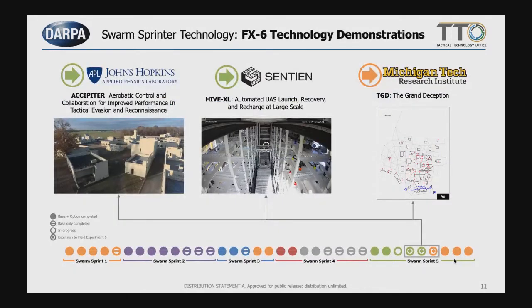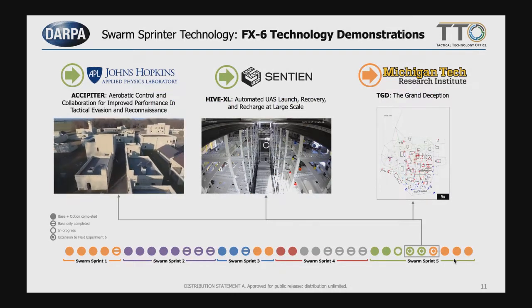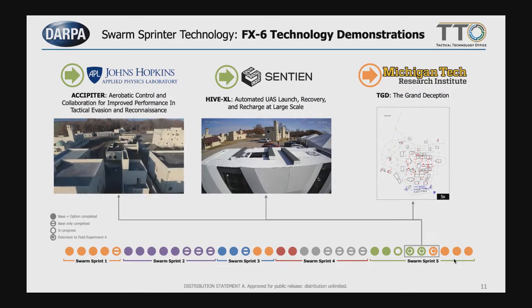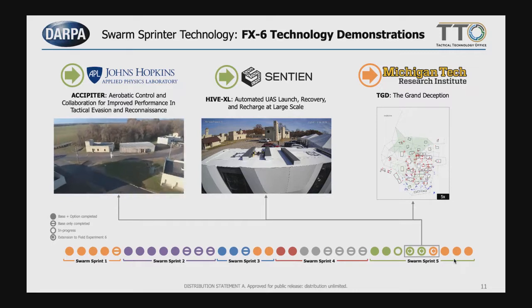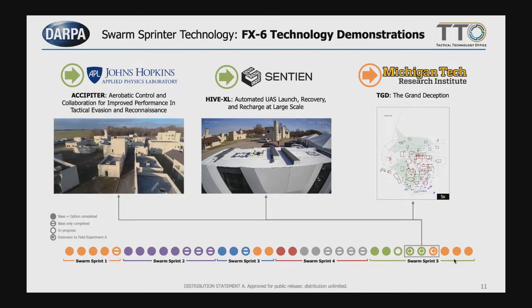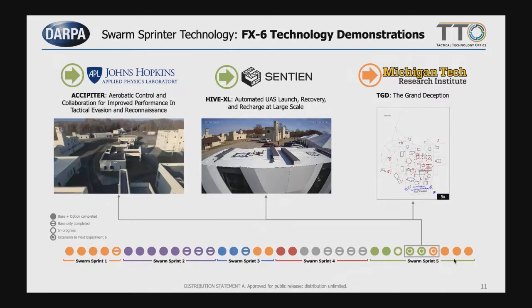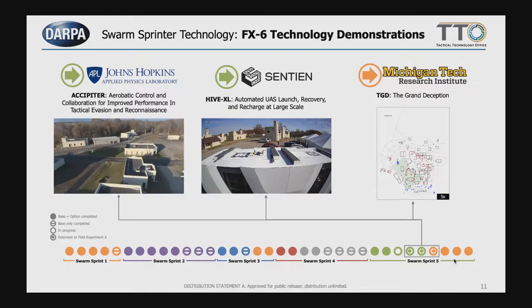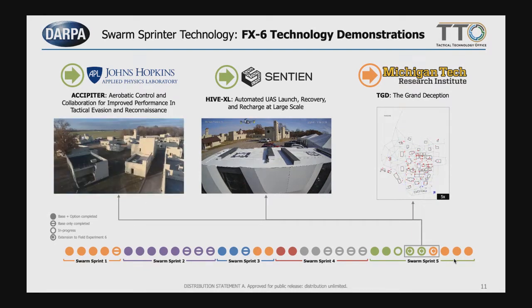To highlight 3 such examples that we showcased at the FX6 most recent technology demonstration, I showed clips of this earlier: the fixed wing aircraft making use of hobby grade platforms and open source autopilot technologies, leveraging advanced controller design, but all resident on board. This is a foam aircraft on the left panel from Johns Hopkins APL, flying in corridors. They're able to scan buildings at the 1st, 2nd, 3rd story altitudes. There's an onboard camera doing all the collision avoidance and real-time calculation to navigate in these